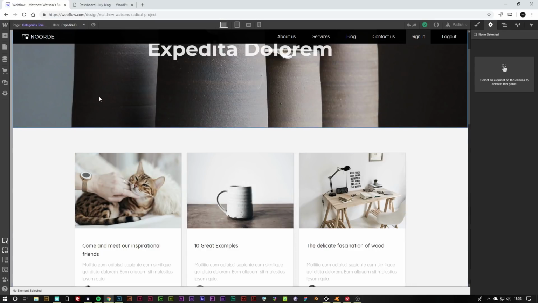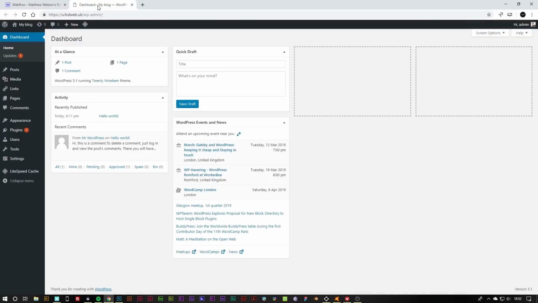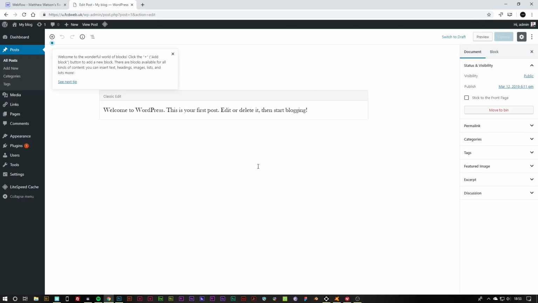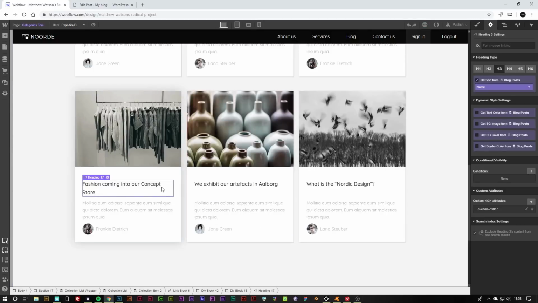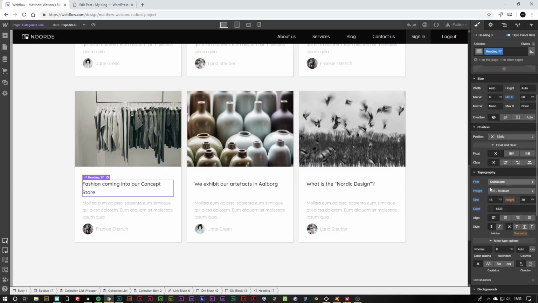Let's jump over to WordPress right now. As you can see, I have a normal plain WordPress install already. I'm going to go to my post, and you can see we have an example post there already. If we want to style any of our elements, we can simply click on one of them. If I want to make this heading bigger, we go to the style panel and change this to